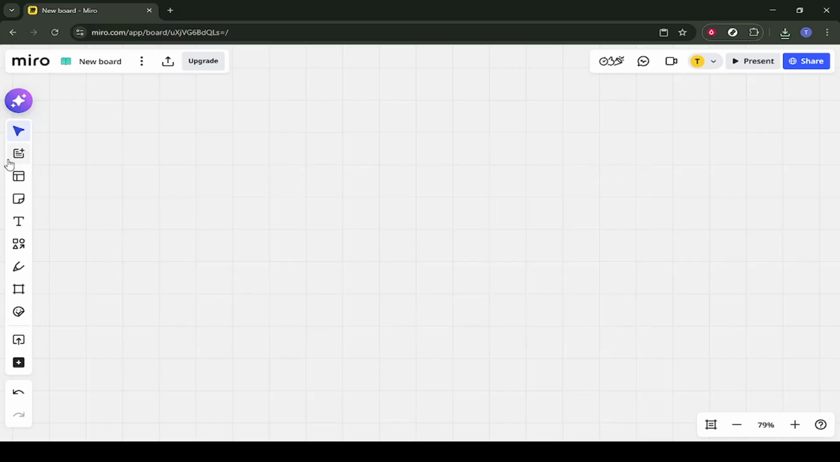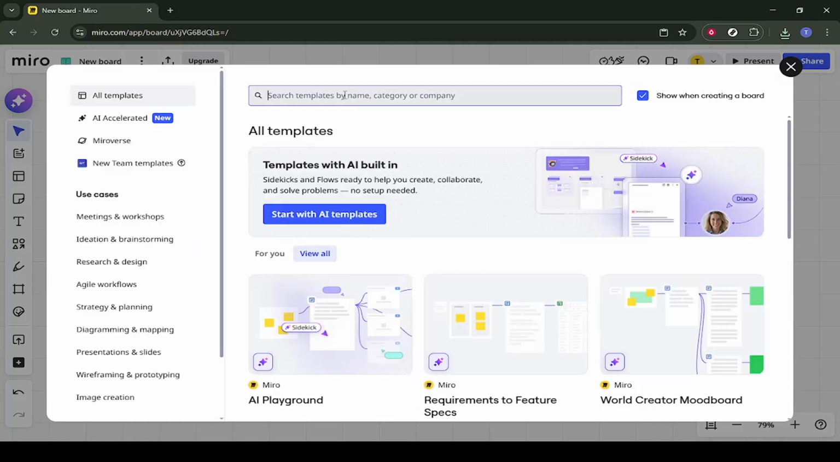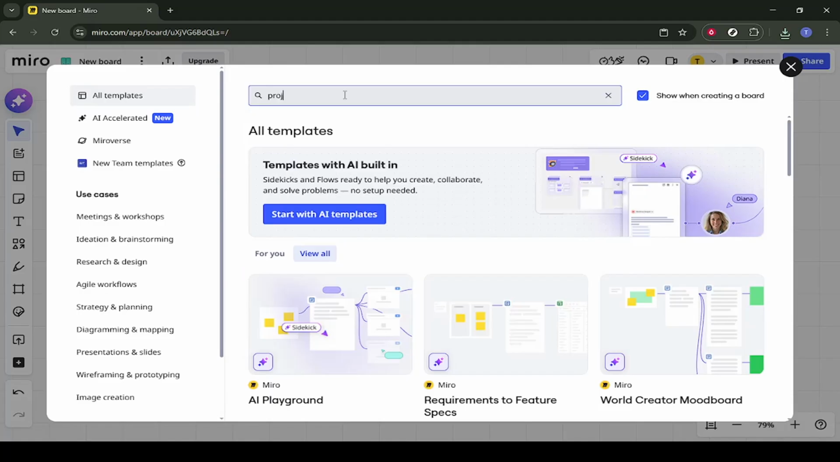Once your board is open, look for the templates option in the Miro interface and click on it. Templates are pre-built layouts that save time and give you a structure to follow, especially when you are planning a project and want everything in one place. When the templates panel opens, you will see a search field that lets you quickly find what you need instead